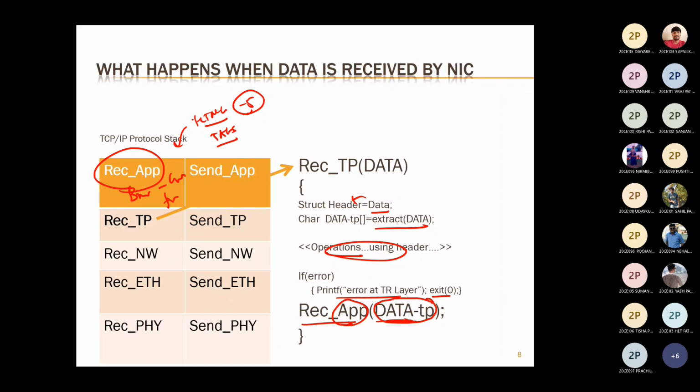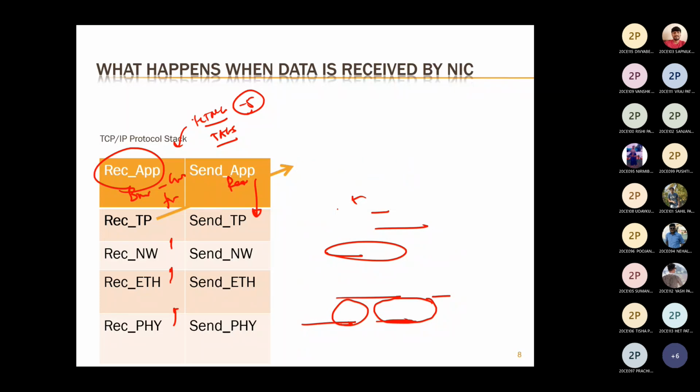With the help of that tag, it displays on your screen at the appropriate place in the browser. So this is with respect to what is going on in the network, at the Ethernet physical layer, then the Ethernet layer, network layer, and then transport layer.